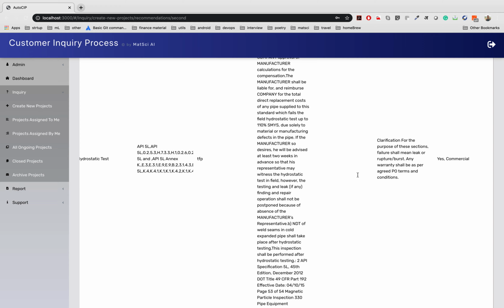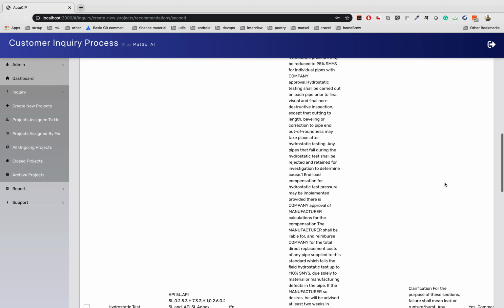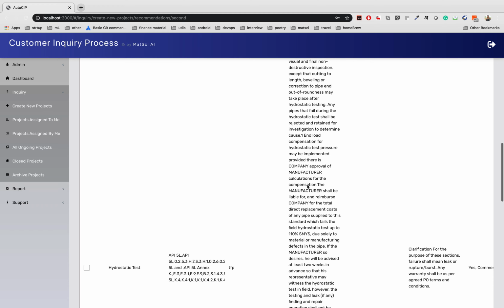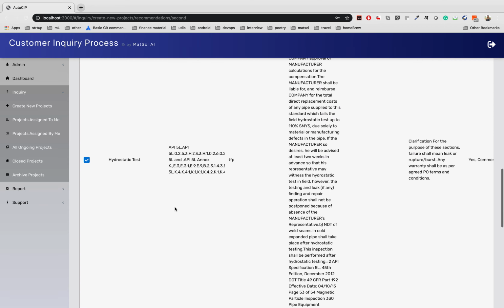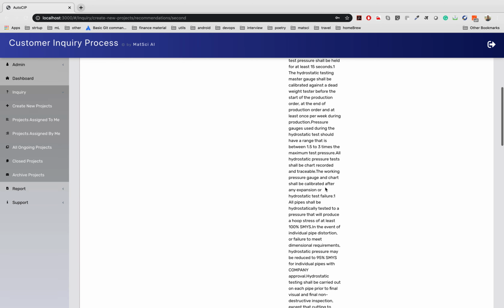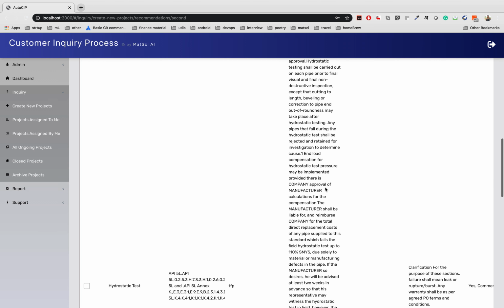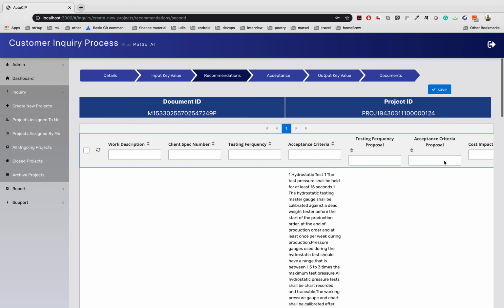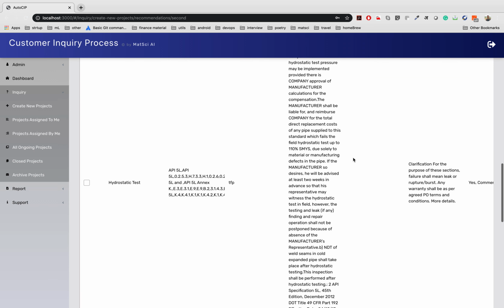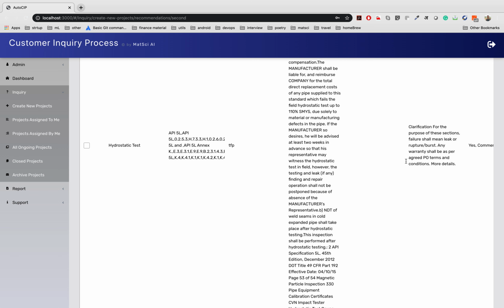So if I accept this proposal, then I can directly click it and accept it. Or if I think that I need to add some values from the client spec to our proposal, which should be included in the final ITP, then I can go here and write more details, and then just save it. After saving the edited version, I can see it has been edited.